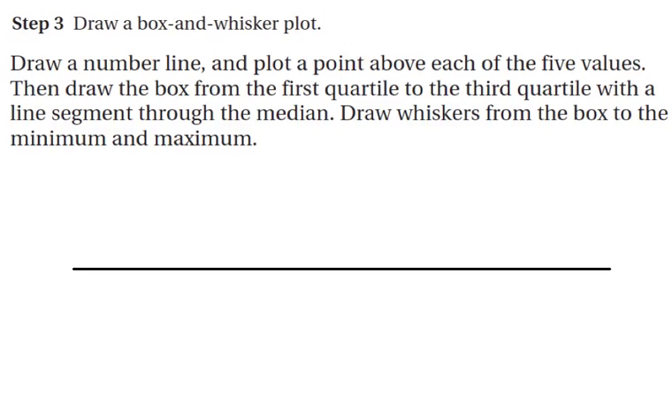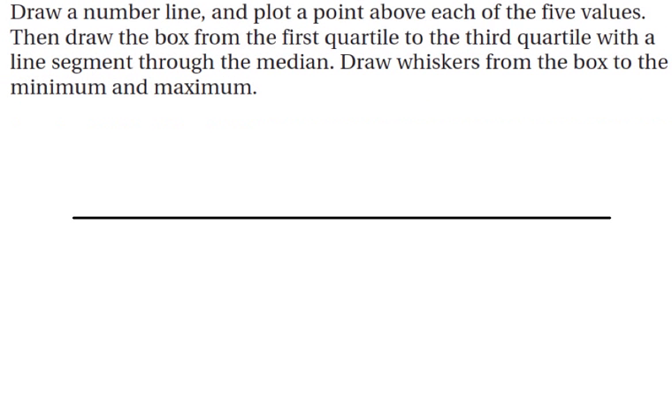Draw a number line and plot a point above each of the 5 values. Then draw the box from the first quartile to the third quartile, a line segment through the median, and then draw a whisker from the box to the minimum and maximum. All right, so let's create that. I have a number line here, and we're going to create our box and whisker. I'm going to create numbers from 0 to 15. So 0, 1, 2, 3, 4,